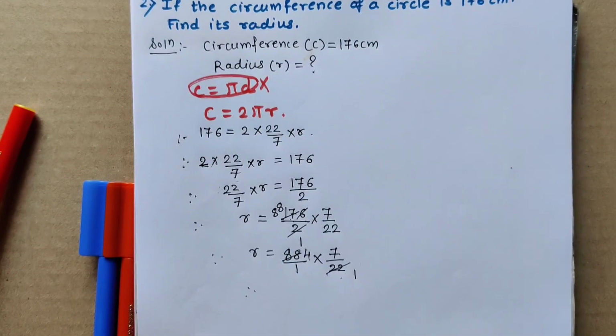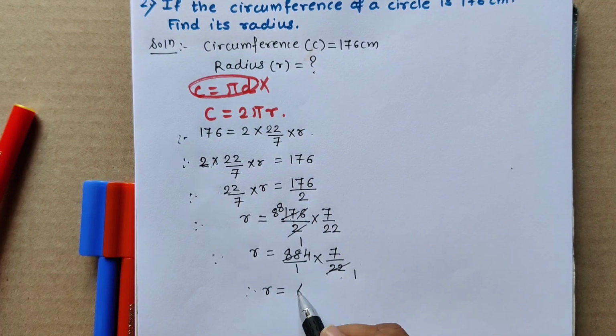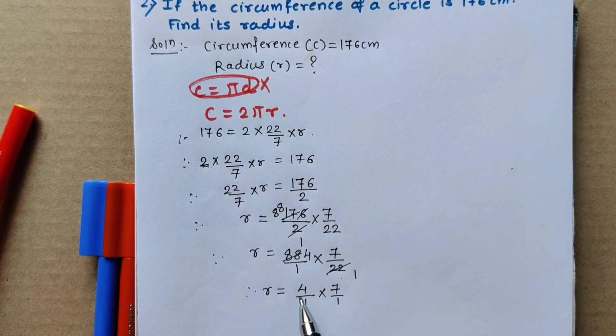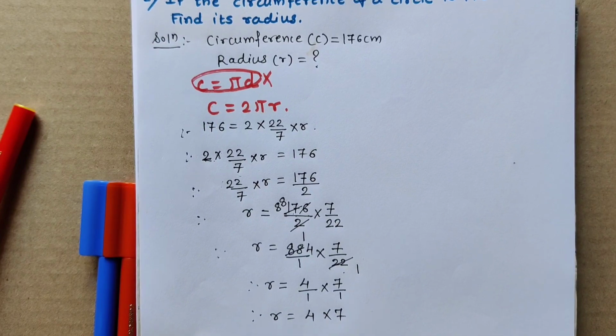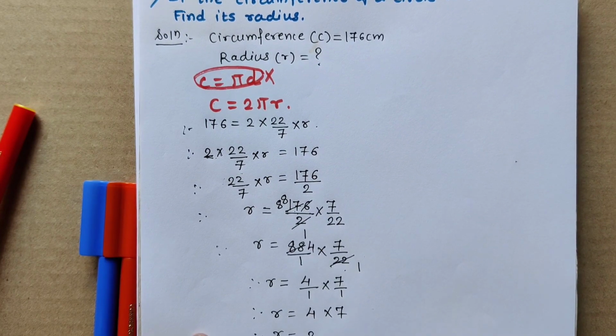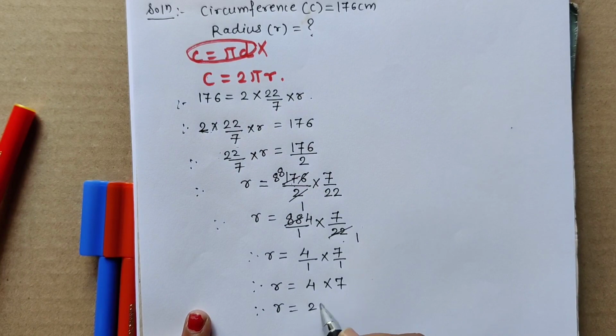Now see children, multiplication is there. We have seen the operations on rational numbers. What we have to do? 4 upon 1 multiplied by 7 upon 1. What we have to do when the multiplication is there? Here 4 upon 1 means only simple 4 is there. 7 upon 1 means simple 7 is there. So 4 7s are 28, R is equal to 28 centimeter, and therefore the radius of the circle is